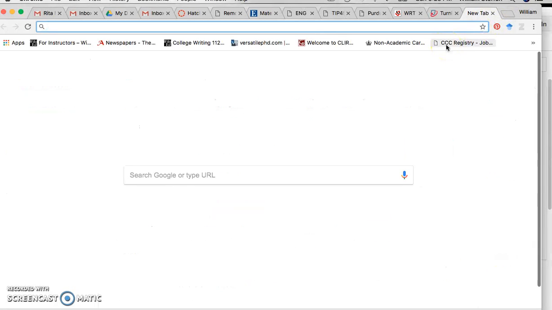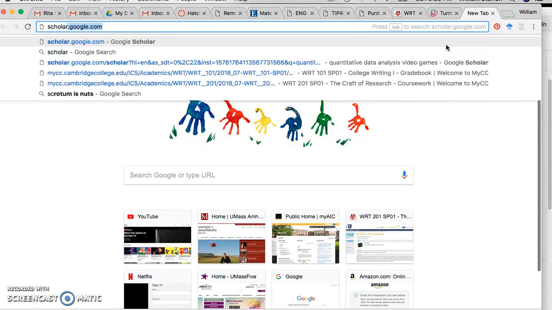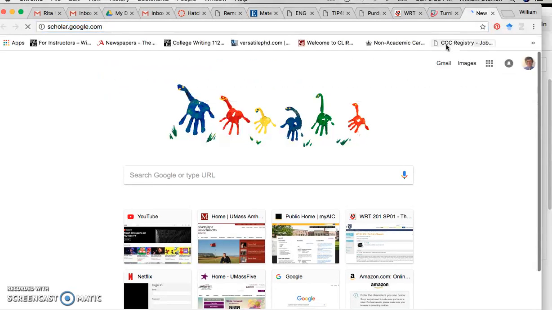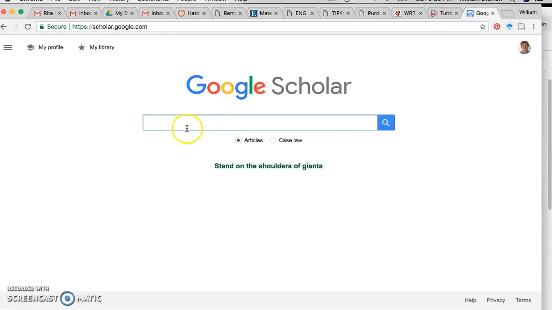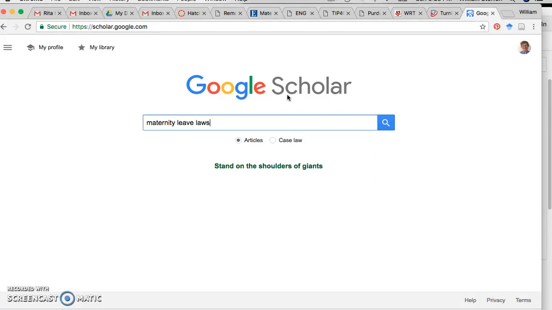But the other tool I want to just mention here is Google Scholar, which is basically a Google search, but it's kind of narrowing the field for more credible scientific and academic research. So, same thing, if we do maternity leave laws,